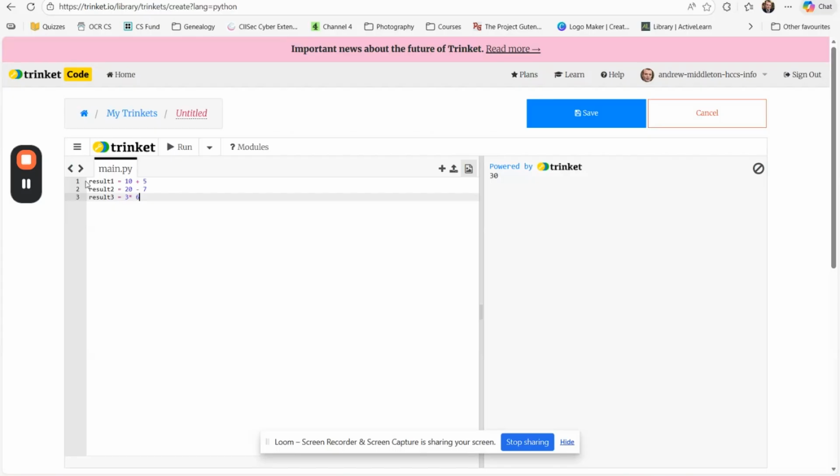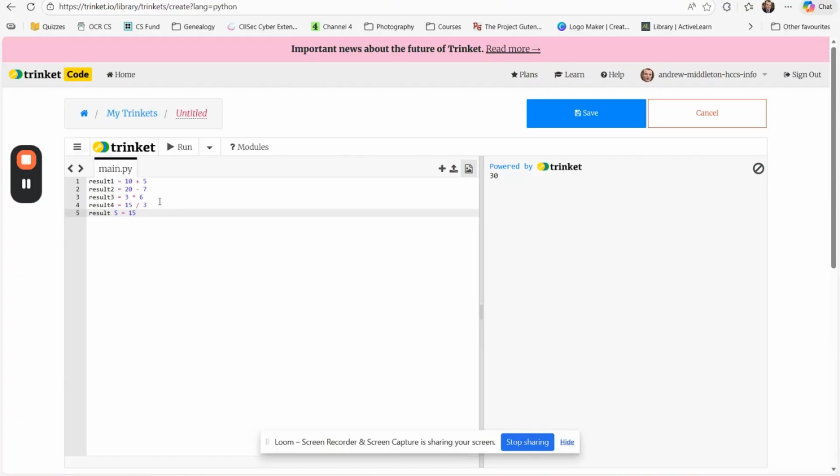times 6. If you're struggling, by the way, to find your plus, minus, times, divide, they're almost always round the number keys on the far right-hand side of the keyboard. You've almost always got your plus, minus, times, divide next to your number keys, all in the same place, rather than trying to find them elsewhere on the keyboard. Result4 is 15 divided by 3. Result5 is